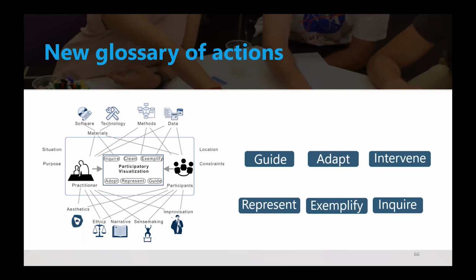One student does not represent all students, but the practitioner has to be aware of who will represent, who is the voice for all the other stakeholders. You have to exemplify. If the people find it too complex, provide examples. The practitioner has to be aware of many examples that it can use. It has to inquire people into what is wrong. What do you think this is a problem? Why do you think the learning analytics tool will solve this? And move the conversation by inquiring people into my research interest.